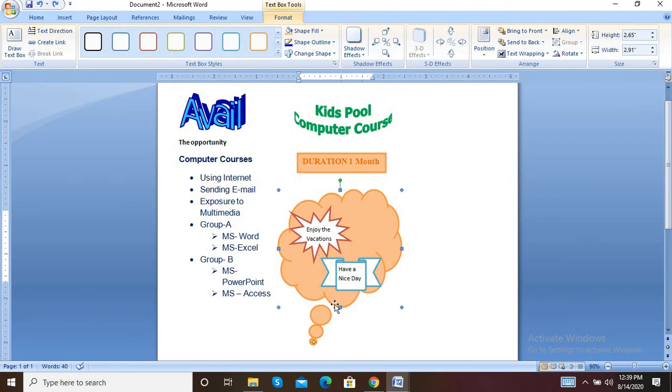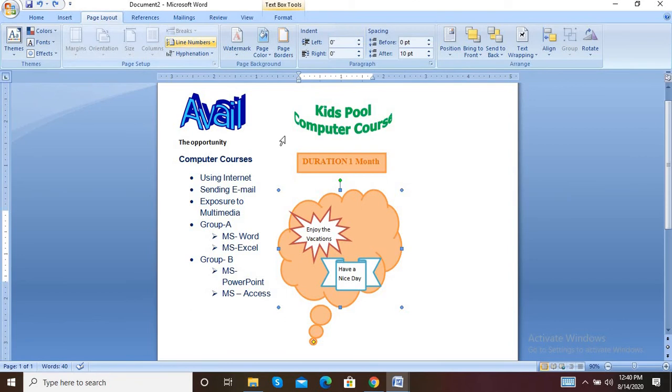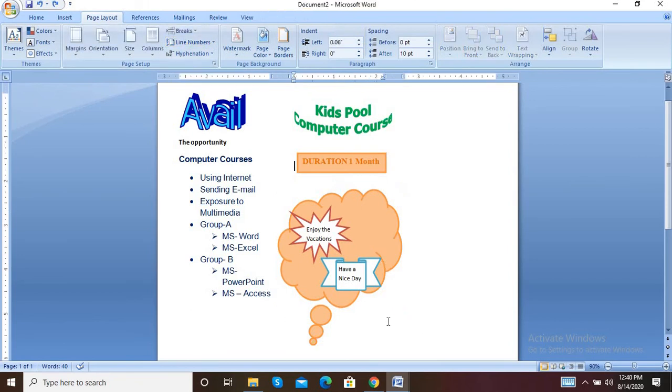Finish with the text. Now we have to go to the next column. Just wait a minute, our cursor is now.